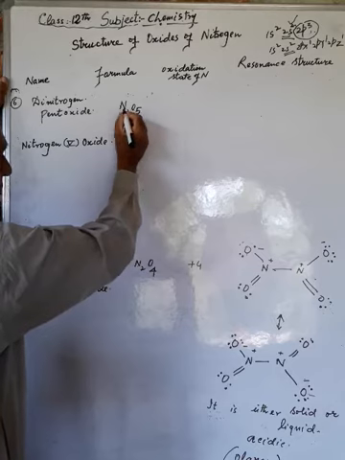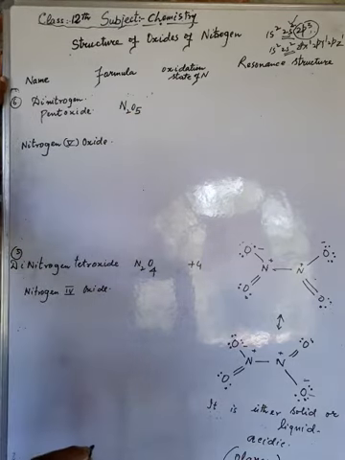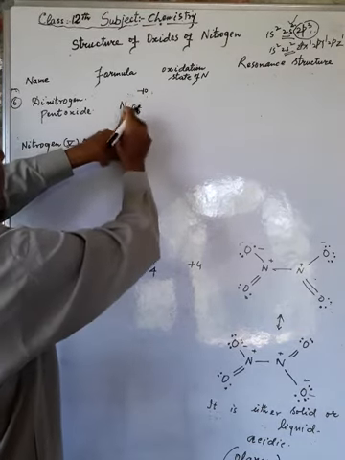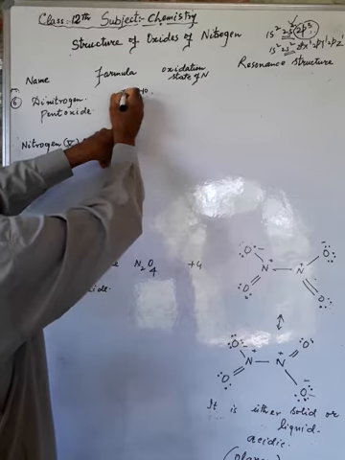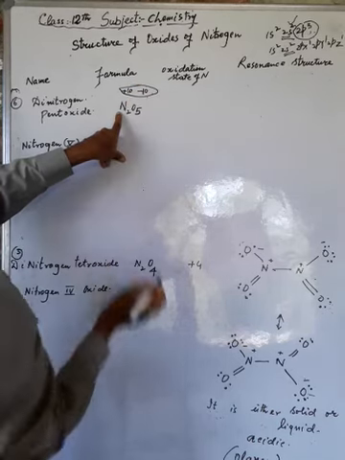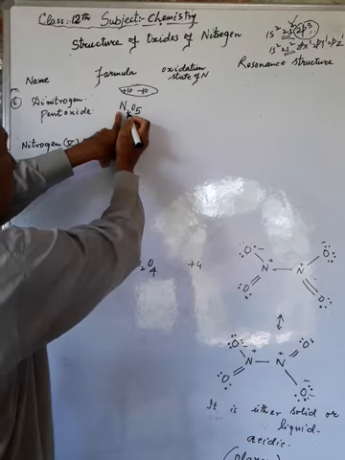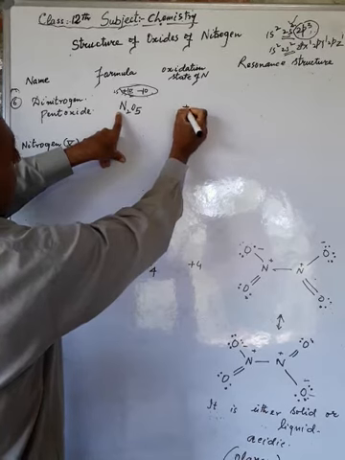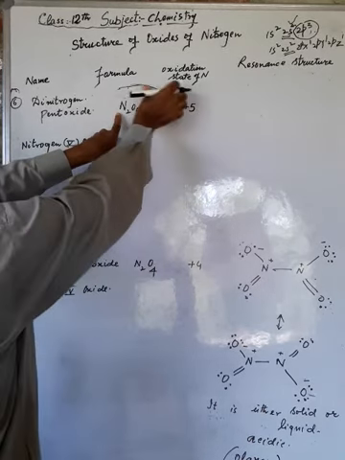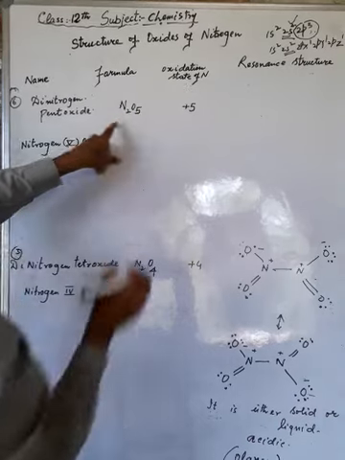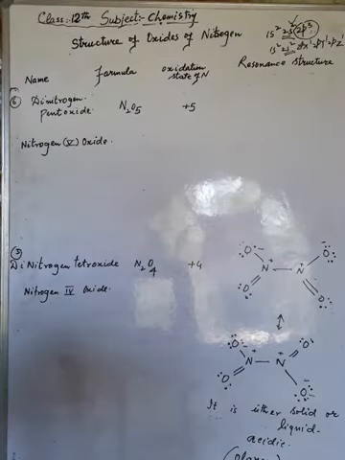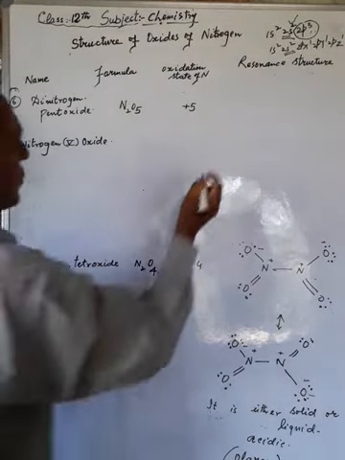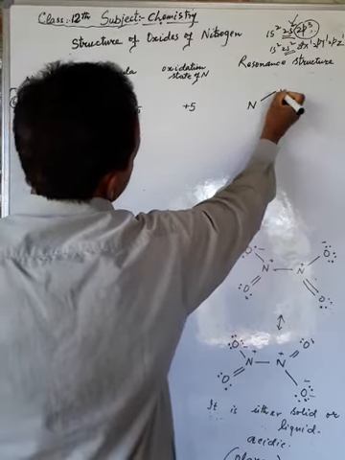is oxygen. In N2O5 we have oxygen in the -2 oxidation state, so -2 into 5 is -10. This N2 must be +10, तो +10 जब ये होगा, so that the compound as a whole is neutral. लेकिन N है 2 times, we have to divide it by 2, 2 5s are 10, so it is in +5 oxidation state. So in N2O5 dinitrogen pentaoxide, nitrogen is in +5 oxidation state and its resonance structure is